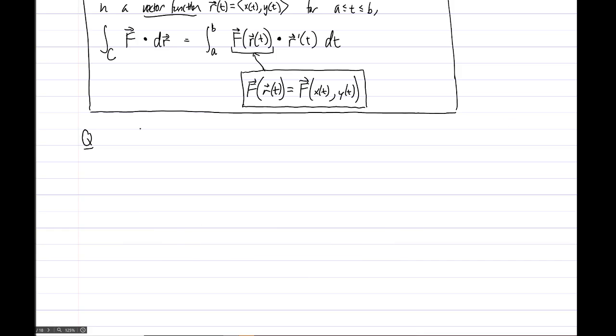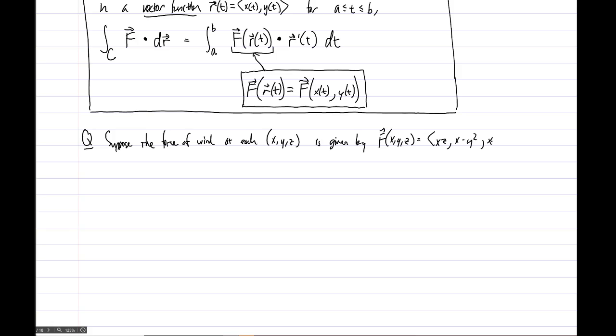Here we go. Let's suppose that the force of wind at each point x, y, z is given by F of x, y, z equals angle bracket xz, x minus y squared, x times y times z. Now what is the work done